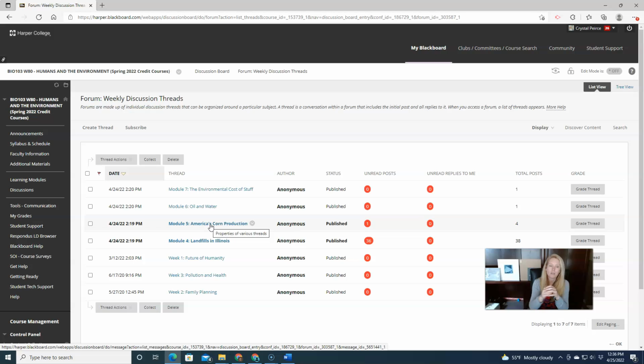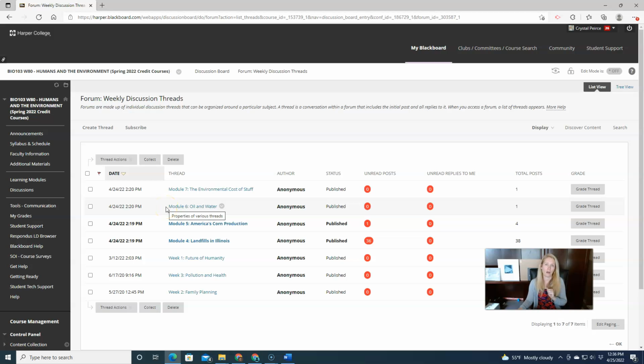I've changed that a little bit. Now I'm referring to these by their modules rather than by their weeks. Module 4 was the module we just finished. Module 5 is the module we're doing this week. Module 6 will be next week, and then 7 will be the following week. So I'm trying to avoid some of that confusion. They're laid out a little bit differently now, so hopefully it'll make more sense to everybody as far as what's coming next.